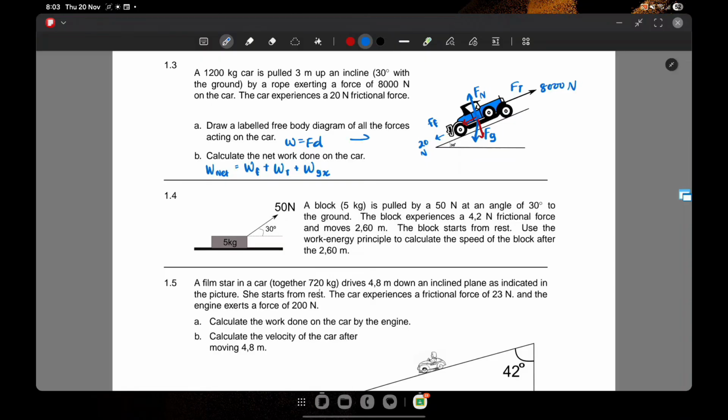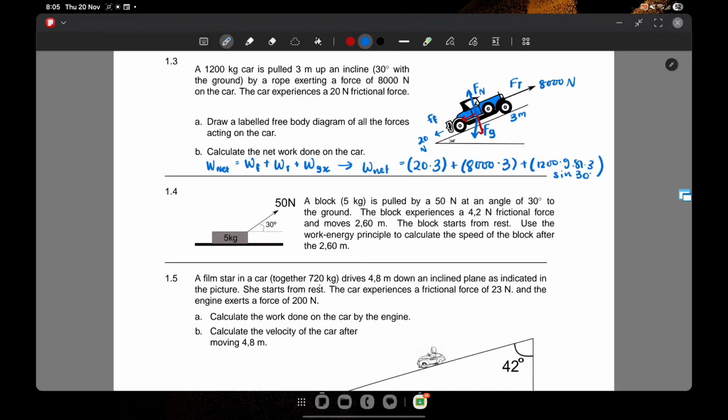if the force's direction is in the same direction as the movement we're looking for, as in the car is going this way, so the friction is going the opposite way, which is why it's going to be negative, but we don't need the cos theta, because it's still going along the incline. So we don't need the cos theta. So this becomes, if we substitute the values,